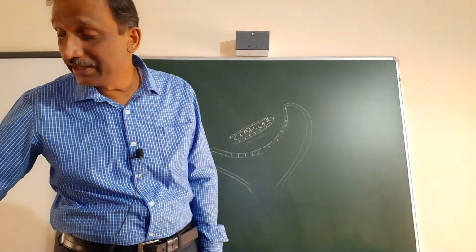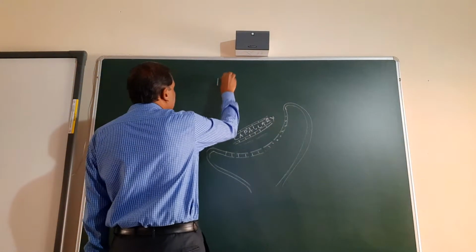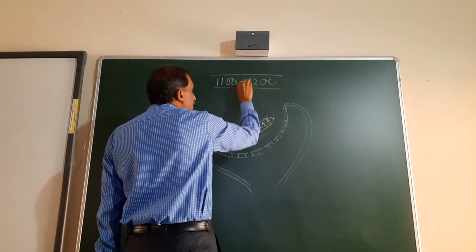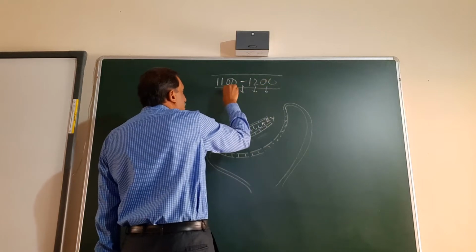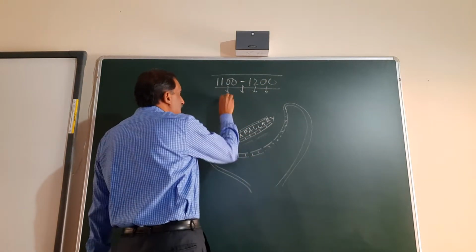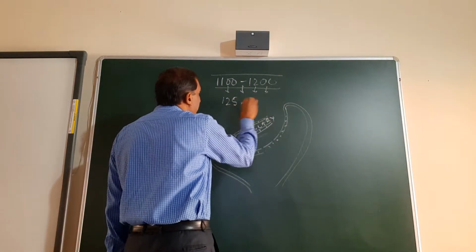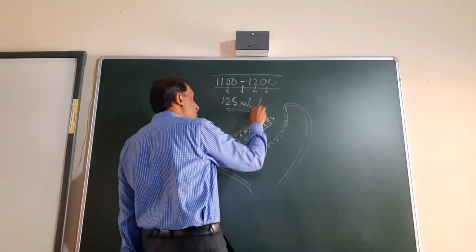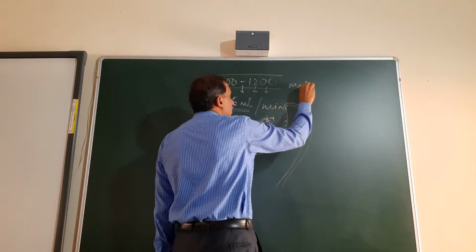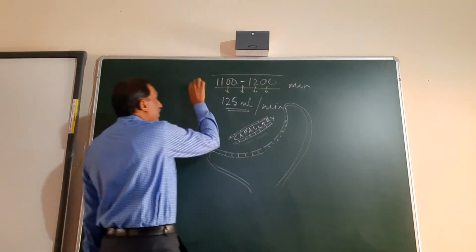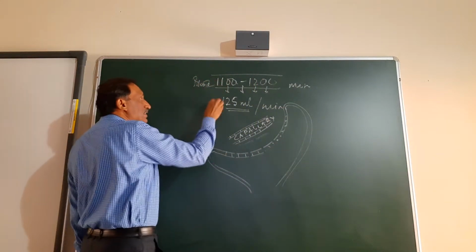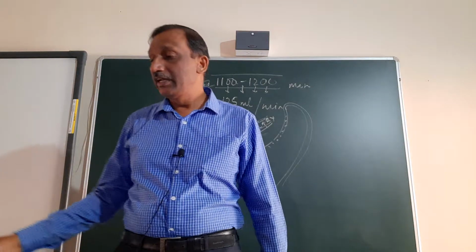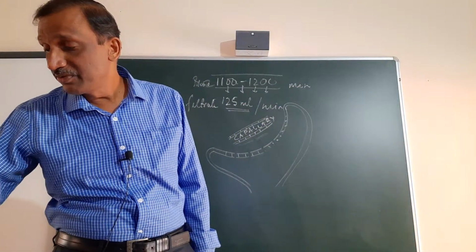That much of filtrate is formed when 1100 to 1200 milliliter of blood passes through the capillaries, all the blood that is in the nephrons, all the glomeruli, then around 125 milliliter filtrate is formed in both the kidneys in a minute. This is the blood and this is filtrate. I think it is clear to you. Difference आपको समझ आ रहा है ना? What I am meaning to say.